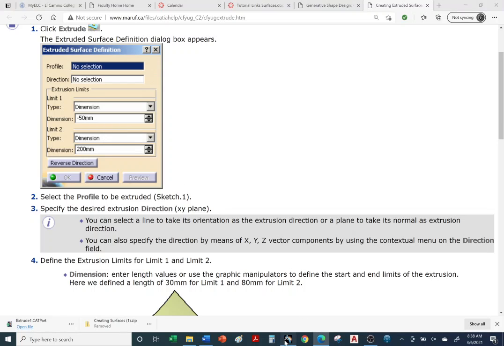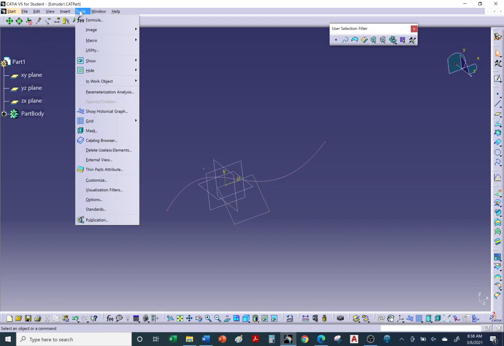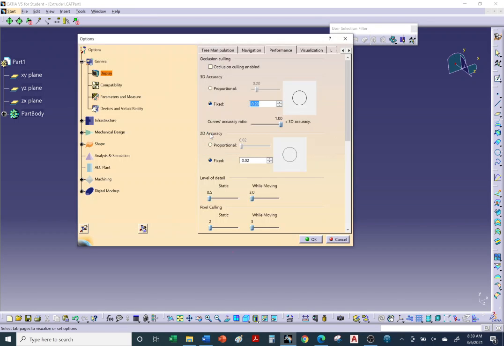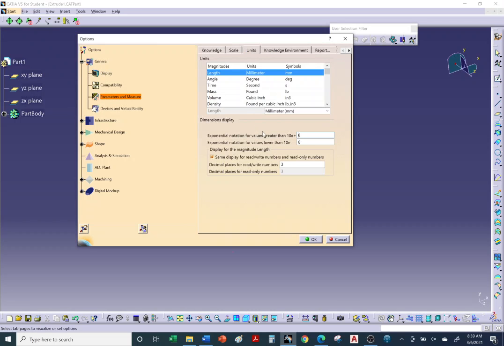Let's go back to CATIA. Let's go to Tools, Options, and go into millimeters. Go to General, Parameters and Measure. You should already be a Units expert. Go to Units, and yes, we are in millimeters. So we're good, I can just cancel out of here. But before I do